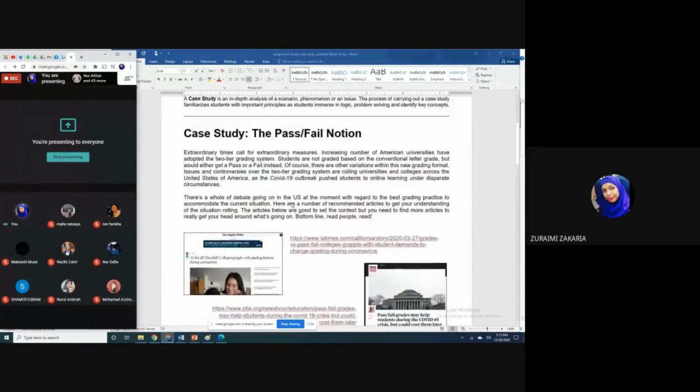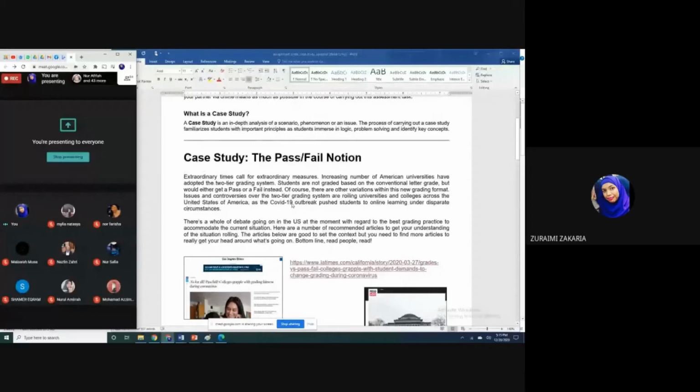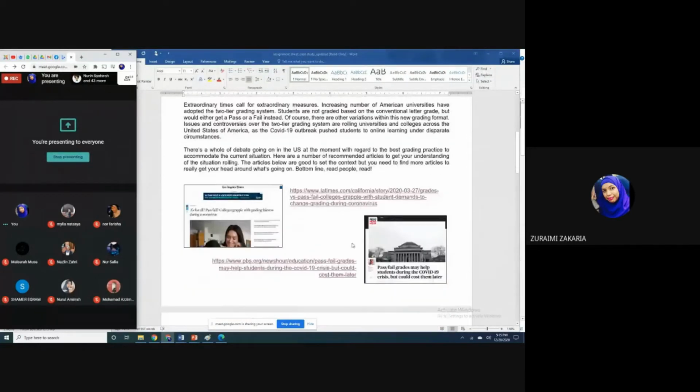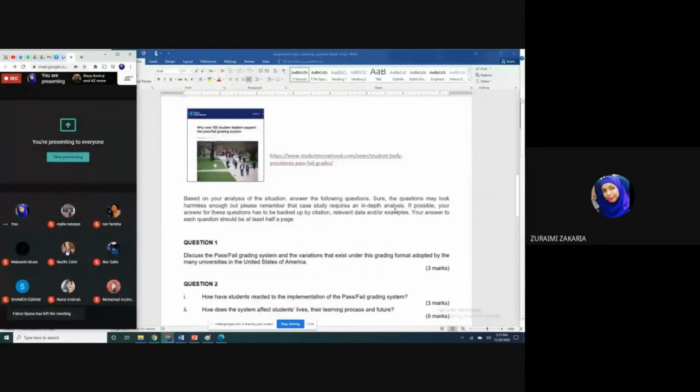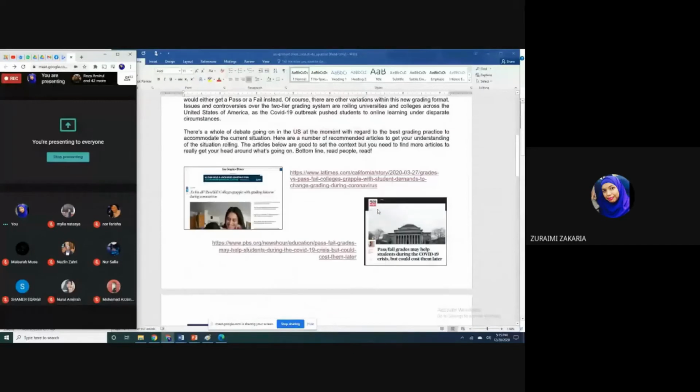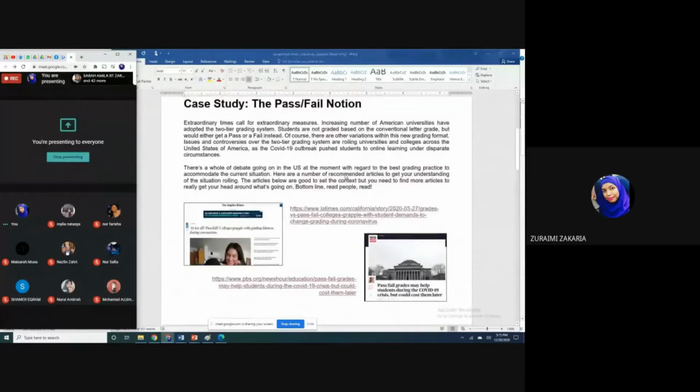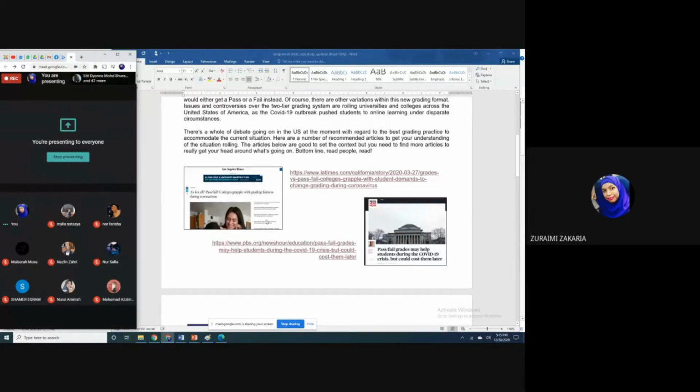Alright, so just to give you a bit more understanding of the context of this current kajian case ataupun case study, I am putting down in the assignment sheet 3 articles that you can read to have a better understanding. Okay, they don't provide answers to the questions directly, okay? But they do heighten your understanding about what's going on. Apa isunya? Apa masalah yang pelajar hadapi? Pelajar happy ke tak dengan sistem ini? Apparently you all feel that people are happy, but they are not. So have a read on these articles.